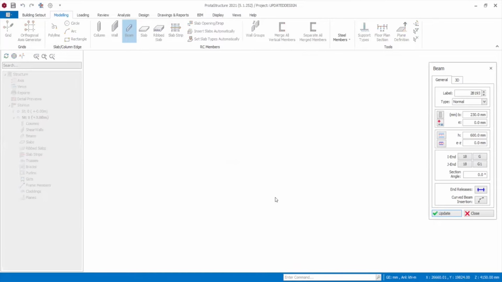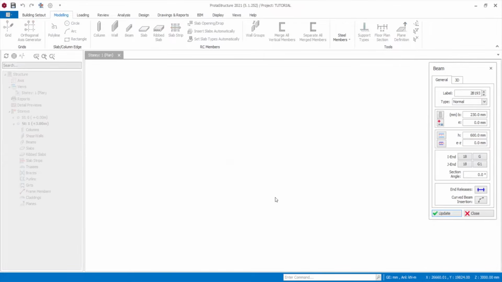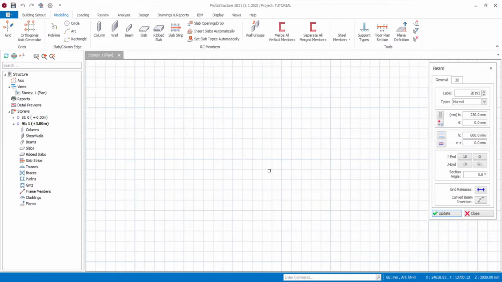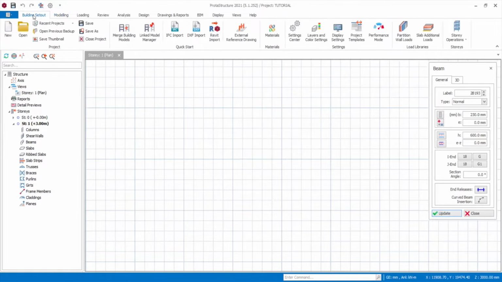The first thing I want to do here is to import my DXF file, the GA I just did. If you're doing a GA, fine. If you're having a picture representation on your AutoCAD, fine. Whatever it is, just import that to ProtaStructure. So you go to building setout. I hope you can see my ProtaStructure. You go to building,